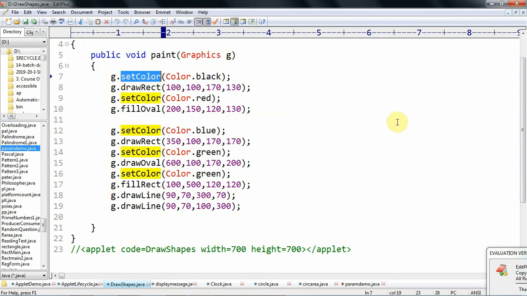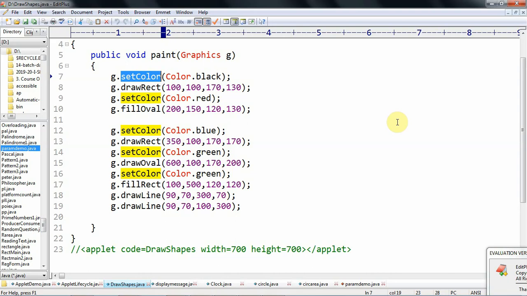In the previous program, for setting the background color, I used setBackground, that sets the background color for the entire applet window. Then setForeground sets the foreground color for the entire applet window.